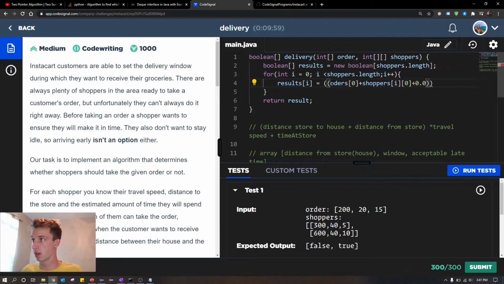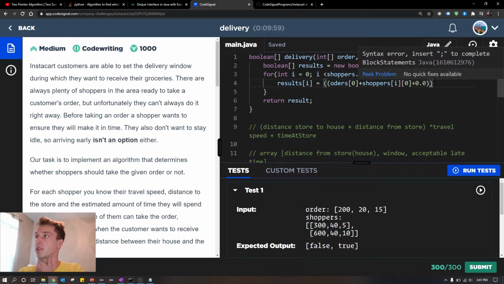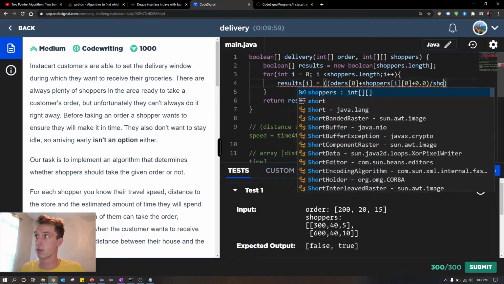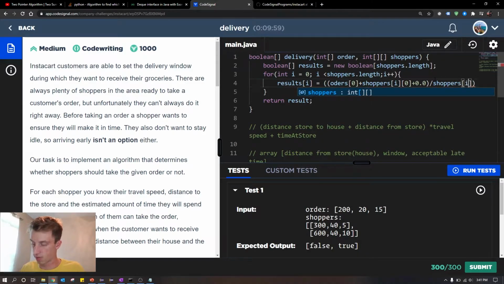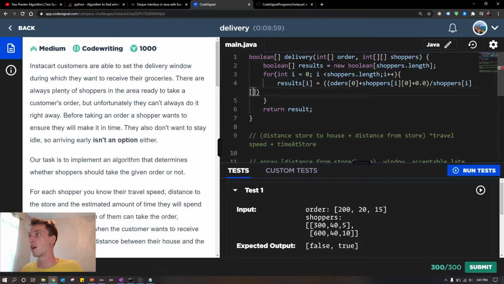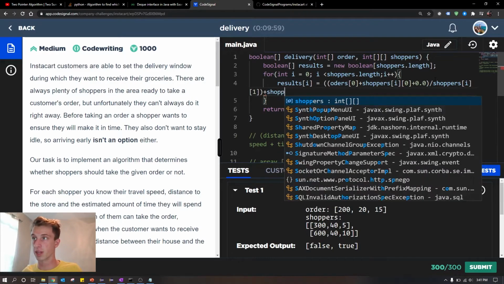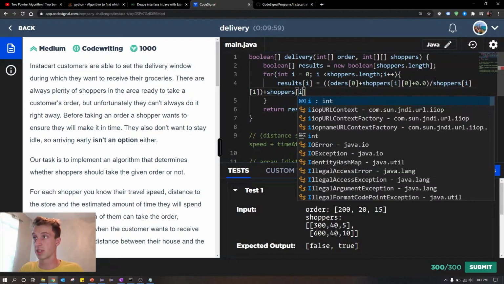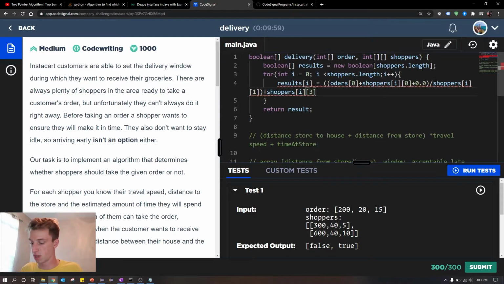And then here's a little trick: add 0.0, because that will make it a double, and it will get a more accurate number. And then we're going to divide that by the rate they travel at. So shoppers at i, the second element, which would be 1, is the rate they travel at. And then let's add that plus the time they'll spend in the store. So shoppers at i, the third element, index of 2,